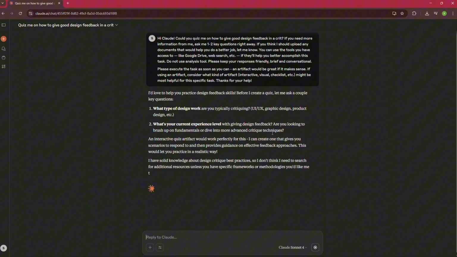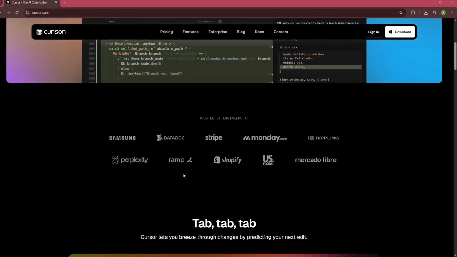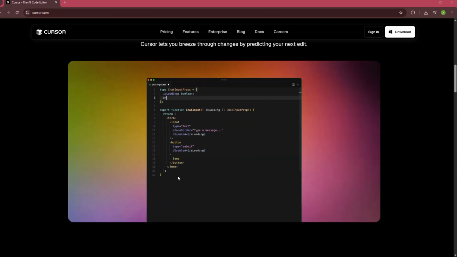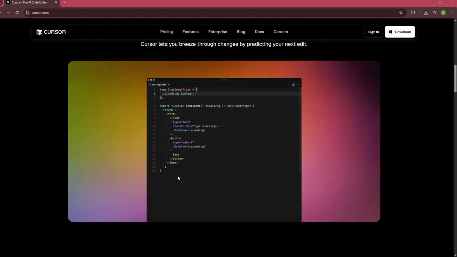Now let's try Cursor AI. Cursor is built on top of VS Code, so it feels natural if you already use that editor. It integrates AI directly into your workflow, inline code completions, smart edits, and the ability to chat with your code right in the IDE. Cursor is optimized for real-time coding speed, making it great for developers who want instant suggestions